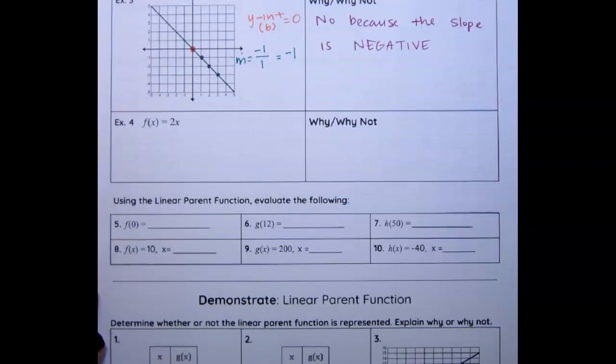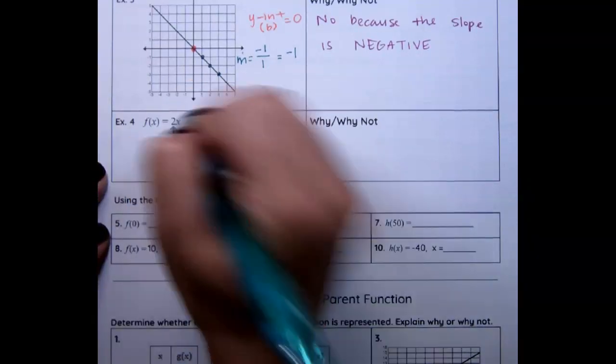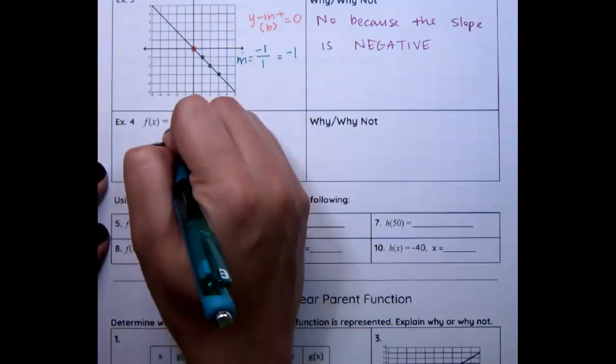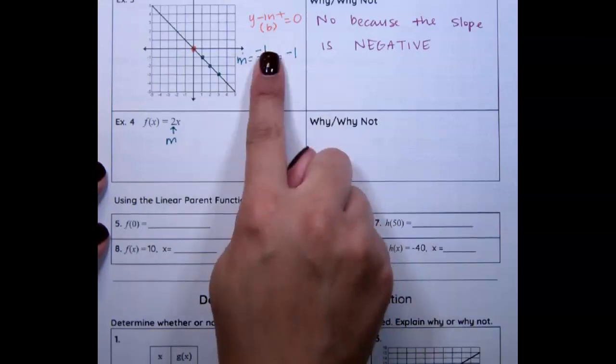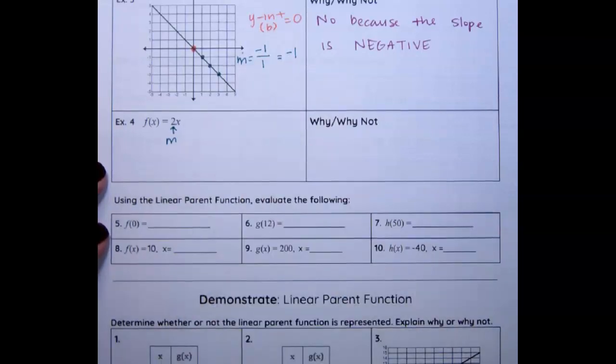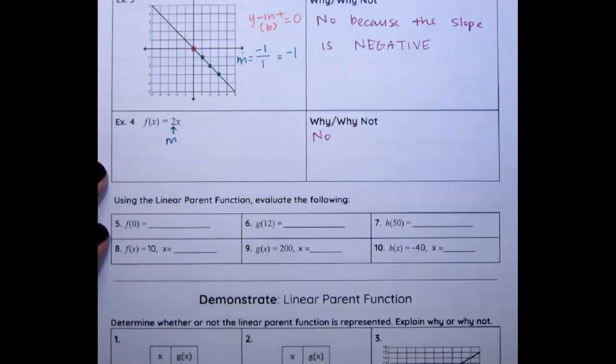Example 4, this time we have an equation. Well, in the equation, I can find my slope. The slope is always in front of x. So if I look in front of x, that's my slope. Well, this means my slope is 2. Well, we just set up here that the slope has to be 1 in order to have the parent function. So this is also not the parent function,